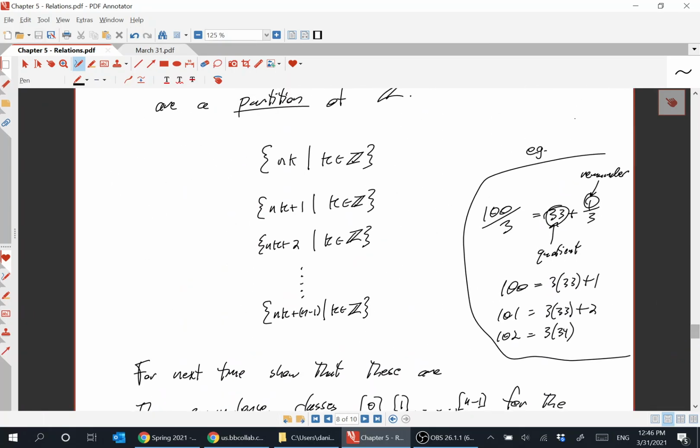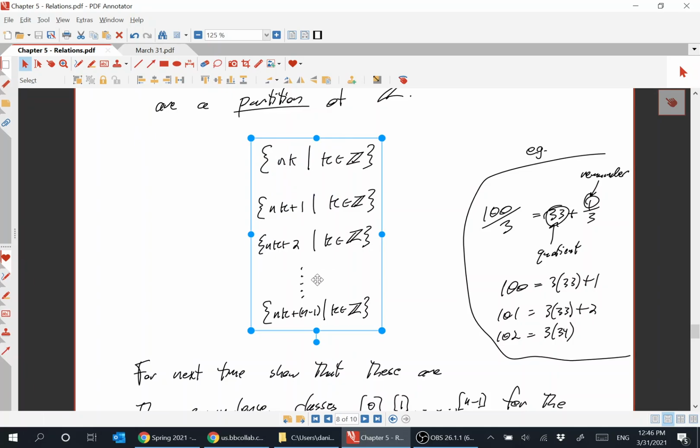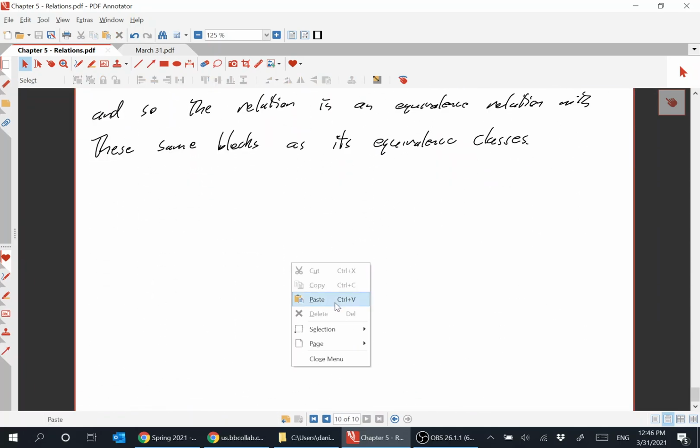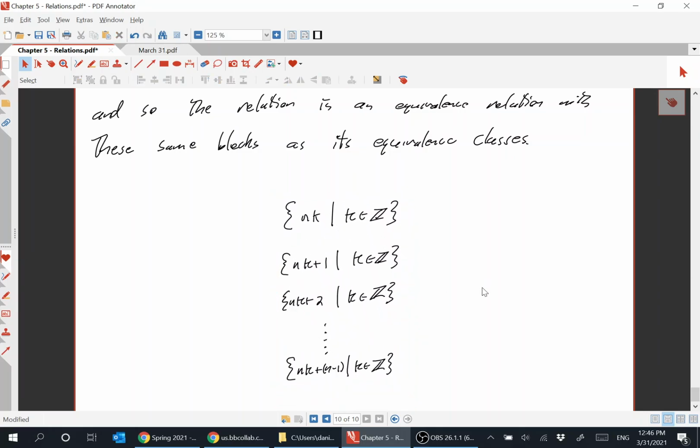So this is the equivalence class of 0, 1, 2, up to n minus 1, because those are those remainders. So this is the equivalence class of 0. This is the equivalence class of 1, the equivalence class of 2,